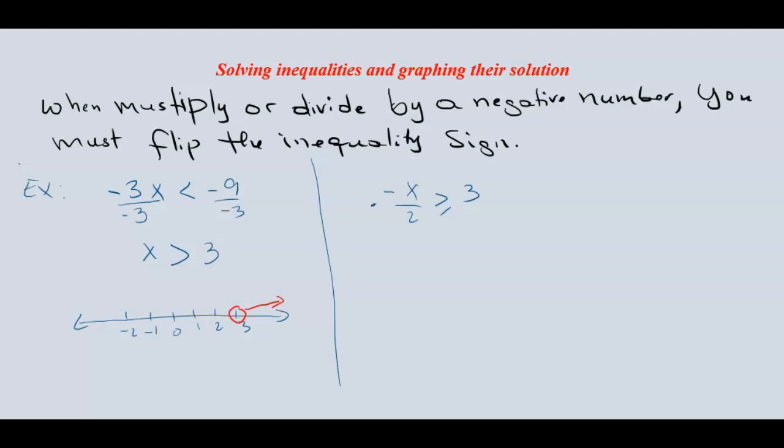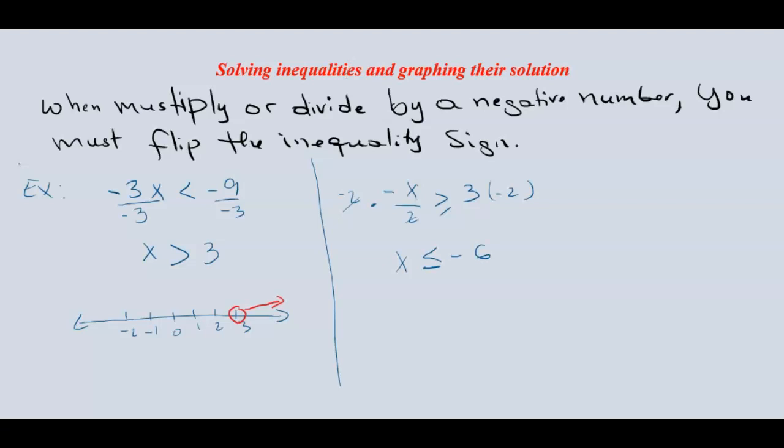We multiply by -2, and we multiply by -2. The reason I say -2 is because negative times negative is going to make it positive, and the 2 is going to cancel the 2. So now we have x by itself. Because I multiplied by a negative number, -2, I must flip the inequality sign. Now it becomes less than or equal to, and 3 times -2 is